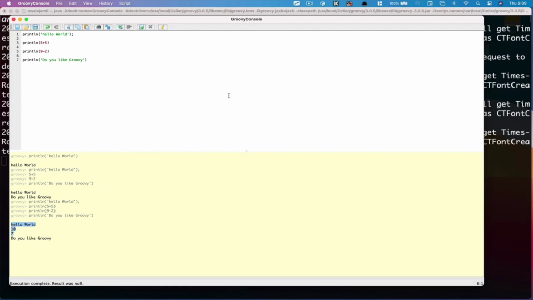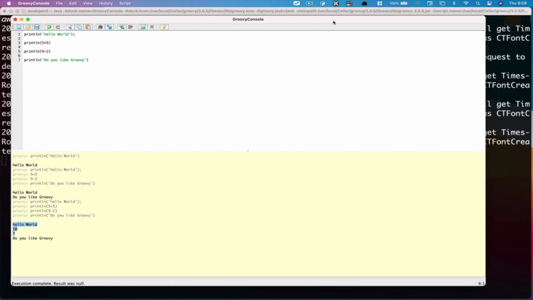So it's pretty nice. You can use Groovy console to interactively learn Groovy and try out some code. We're going to try using Groovy console as much as we can, because it's much easier to learn the programming, and then we can see the execution of our code straight away, so we don't have to go and open new files. Let's learn some basic syntax of Groovy programming language in the next video.